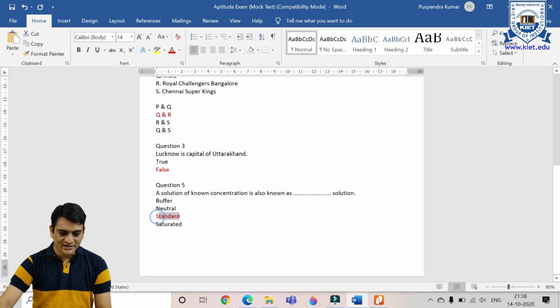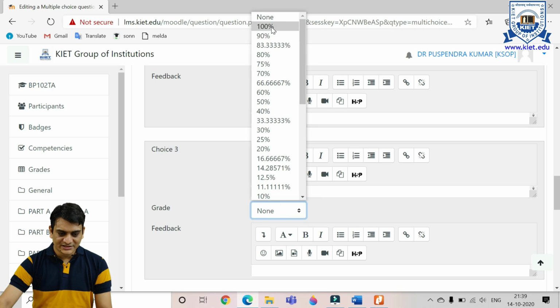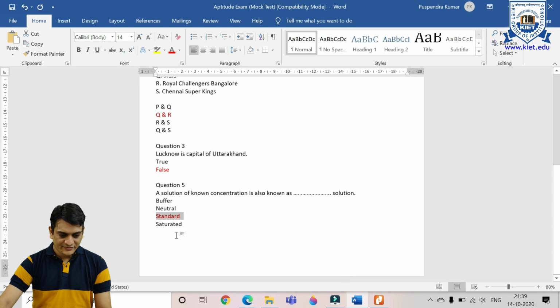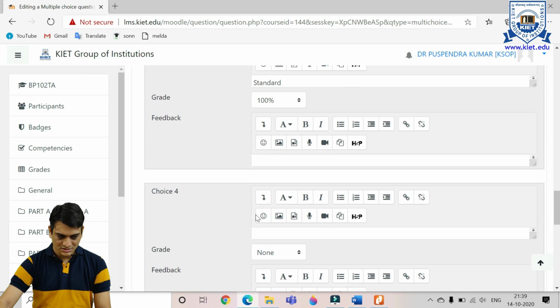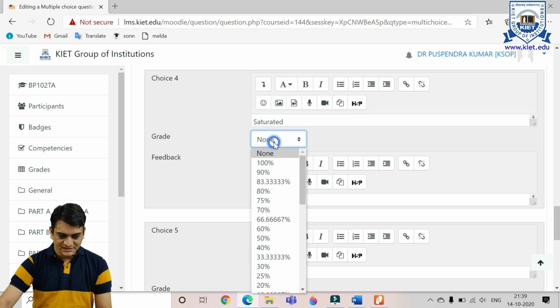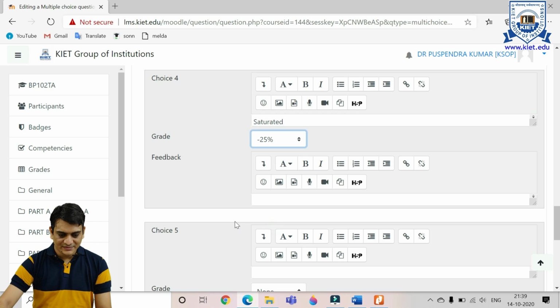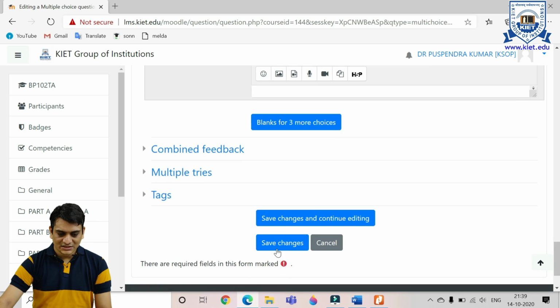Third option is standard, and it is a correct answer, so it will be 100%. And the fourth option is saturated, and again it is a wrong answer, so it will be minus 25%. So after that we will save changes.